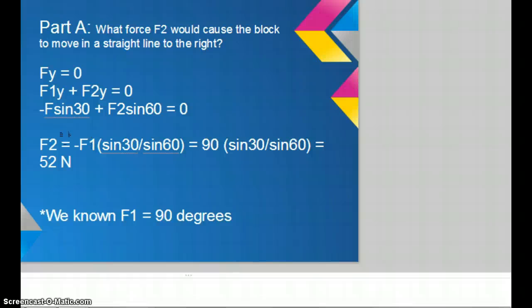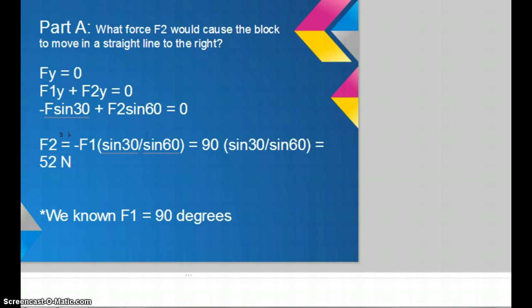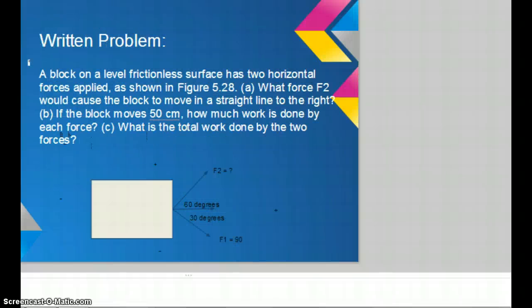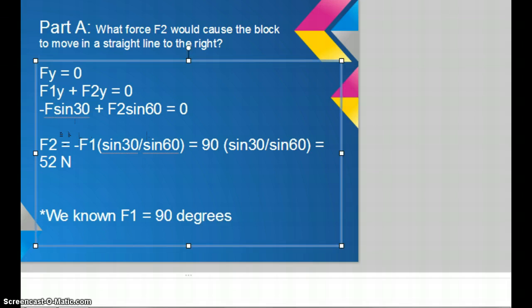Now, we can look at the component forces of F1 and F2, and we know that there is a y component to each of these forces. So if we're looking at y components, we need sine 60 F2 and sine 30 F1. So that is stated right here, and we wrote that right here. So remembering that the negative side is the bottom, and that is where F1 is. Oh, forgot to put a 1 there, but